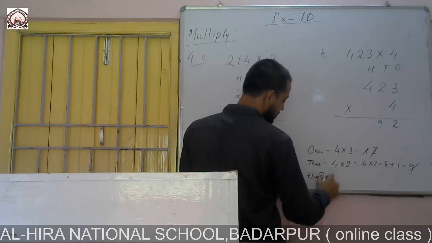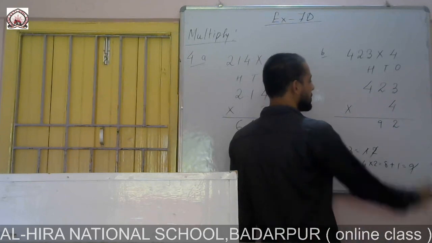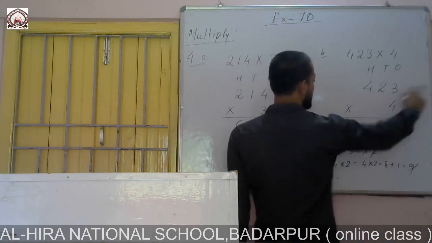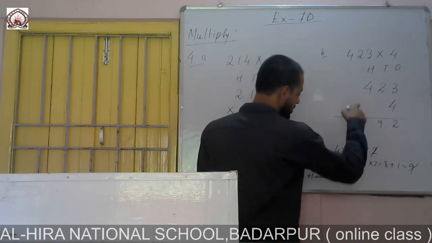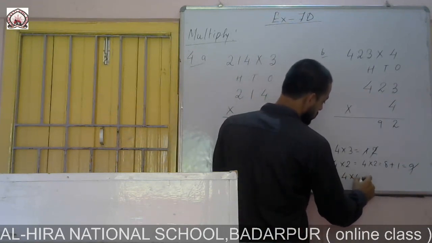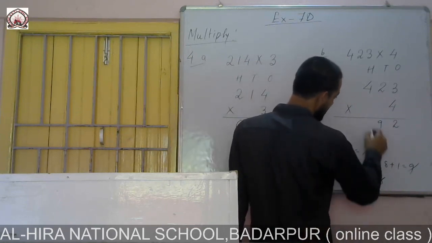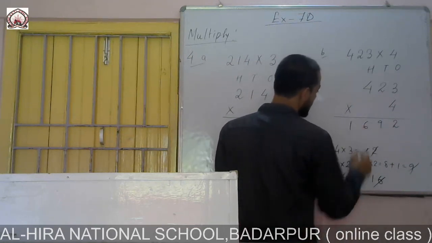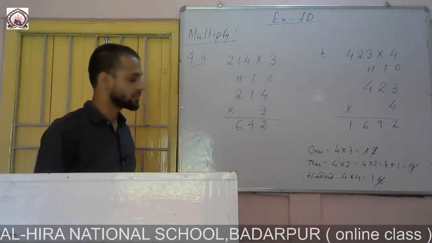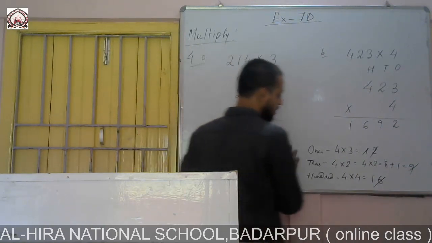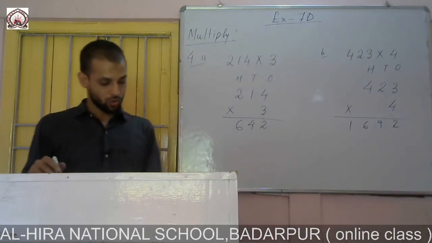Okay. That means in case of multiplication by this number, we have to multiply this 3-digit number one by one. So next one is what? 4 into 4 equals to what? 16. So here 6 will come in hundreds place and 1 will be in which place? Thousands place. So the answer for this question is 1692.